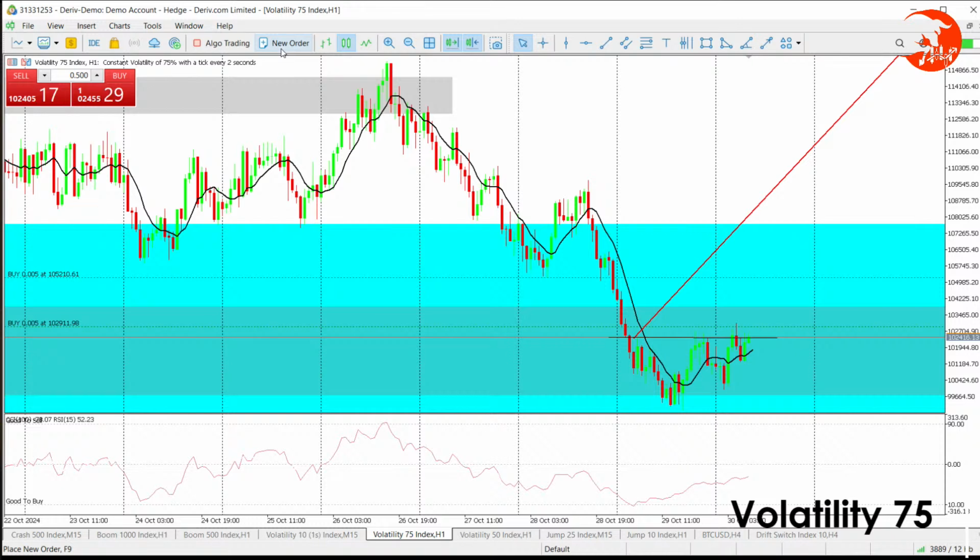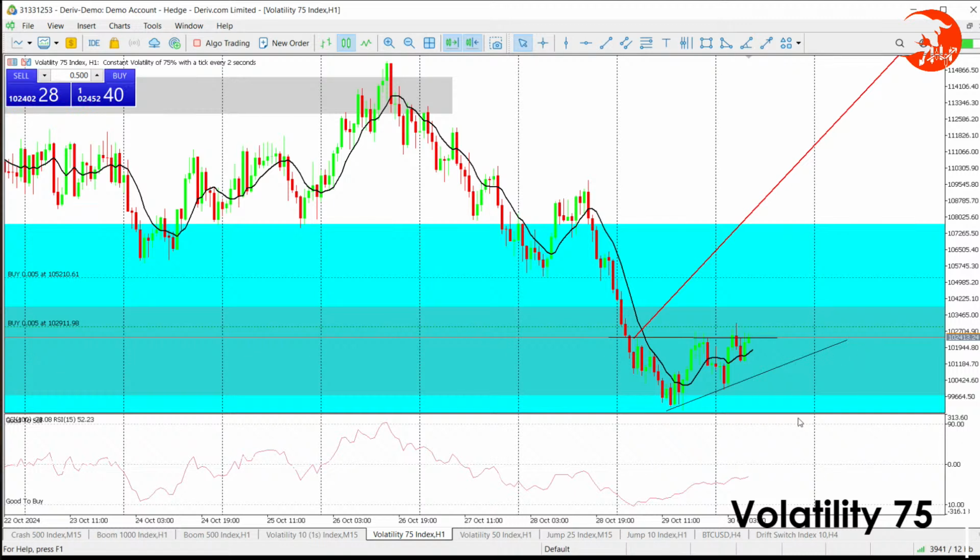H1 gave that to us. Now it may consolidate because it has low momentum. It may consolidate a bit more, and probably it will do something like that in consolidation. But if it does this, yes,